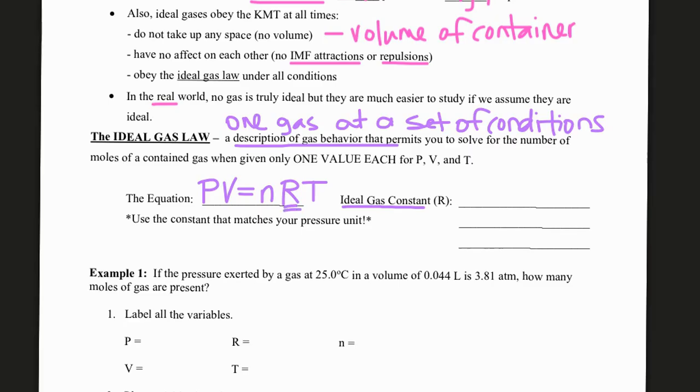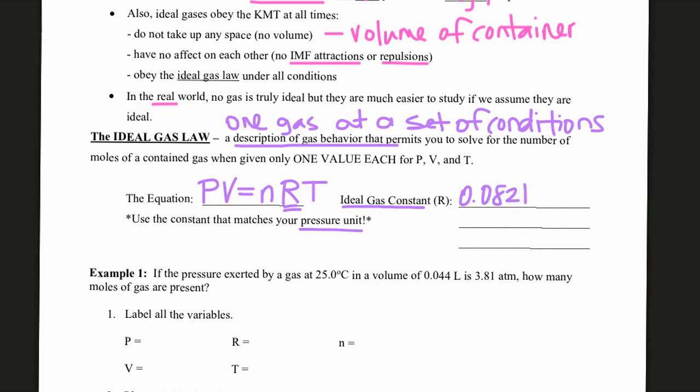So that's this R portion. So that's the only thing that we would not have conditions for. We just know. This R value, I'm going to list in your notes, is also on your formula chart. The R value is dependent on the pressure unit. Okay, so there's different R values. So if you're using ATMs as your pressure unit, then your ideal gas constant is